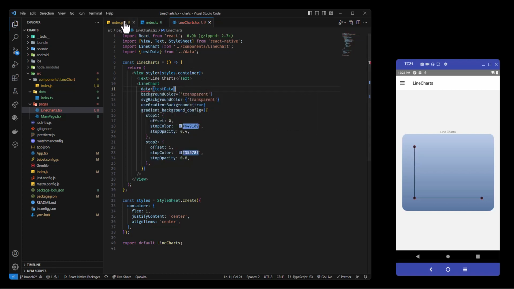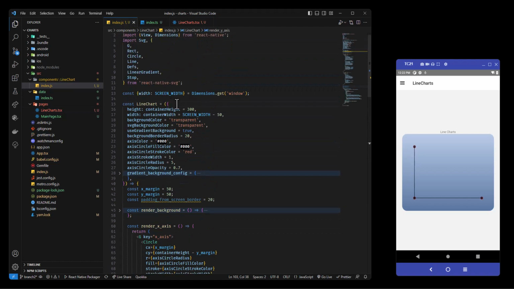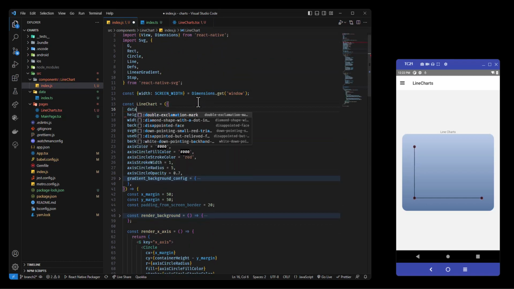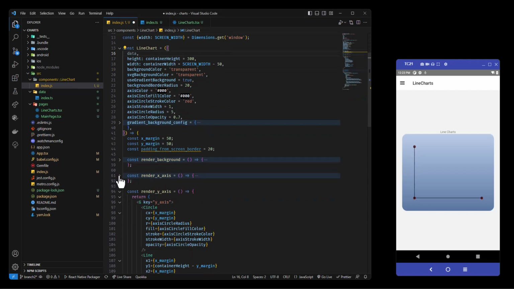We don't have that. So we'll come back to our props up here. We'll say data. And now we just need to render our x-axis ticks. So in order to do that, now shrink that,